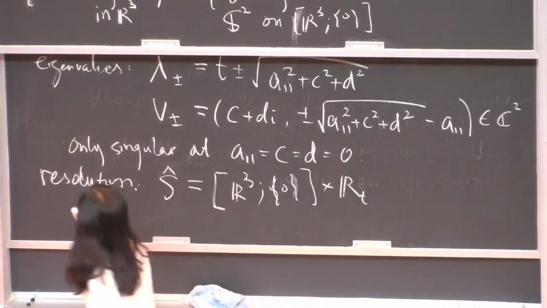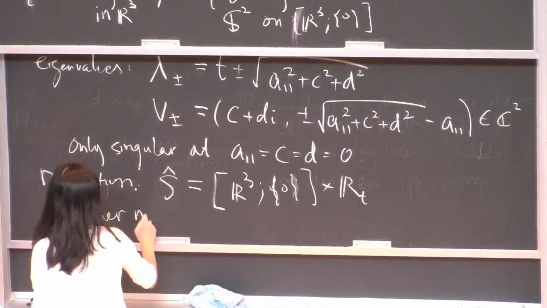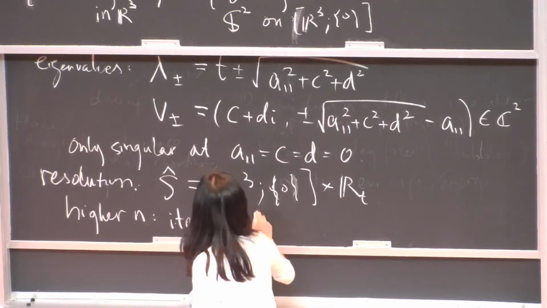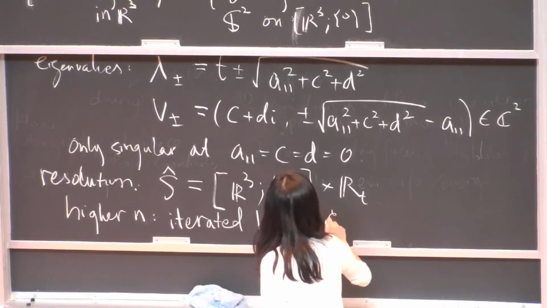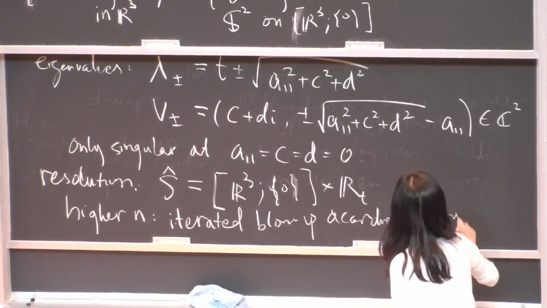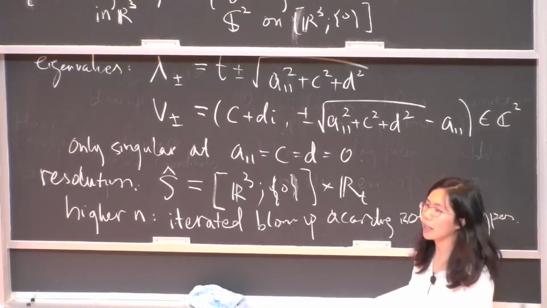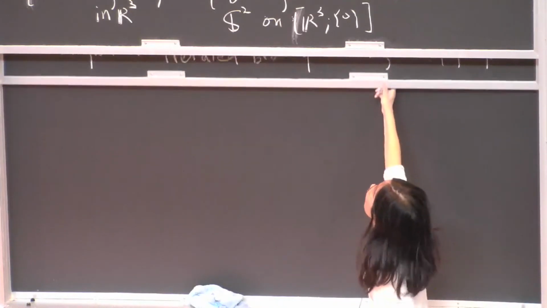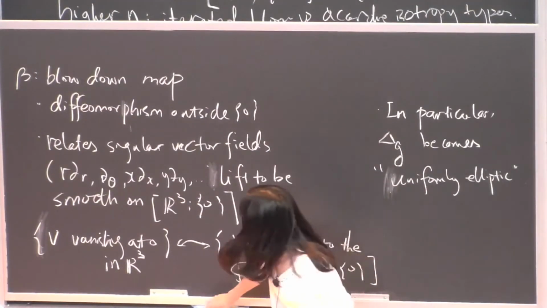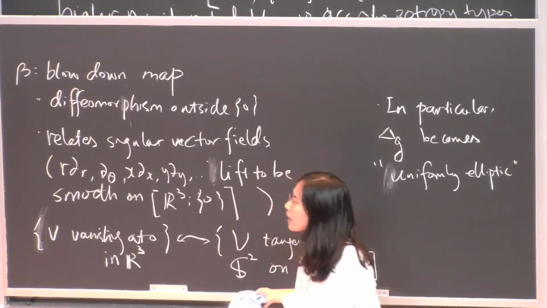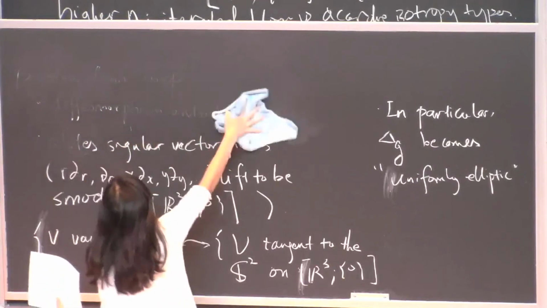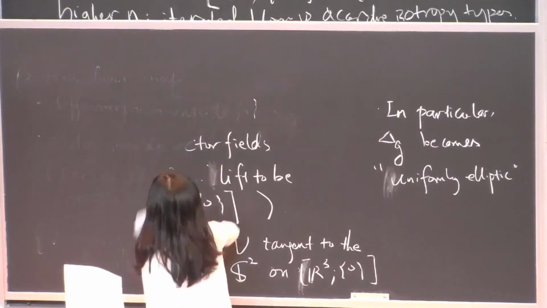Of course, for higher n, it's more complicated. I should just mention that there is an iterative scheme here, an iterated blow up, according to isotropy types. That's more complicated and I'm not going to write it out here. But hopefully I convince you that this kind of singular function that I introduced in example 0 actually appears in real problems. Now let me say a little bit about why we're doing this,